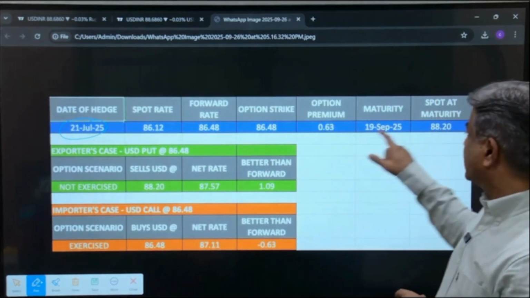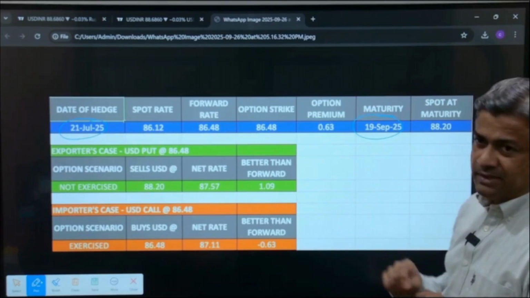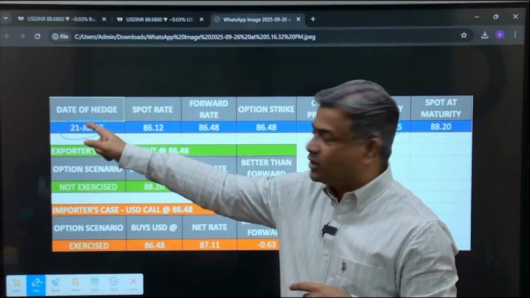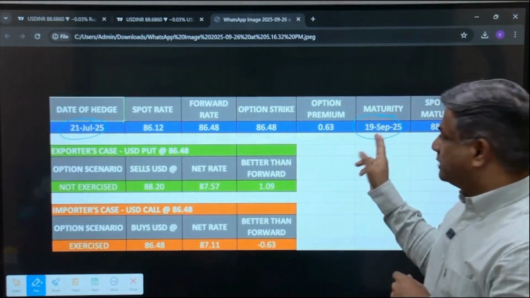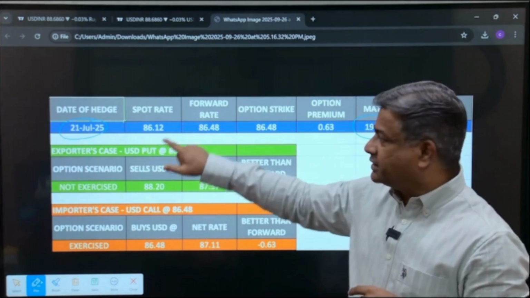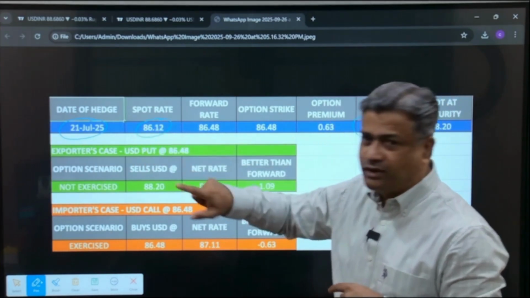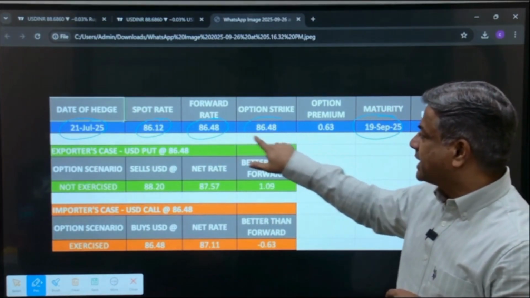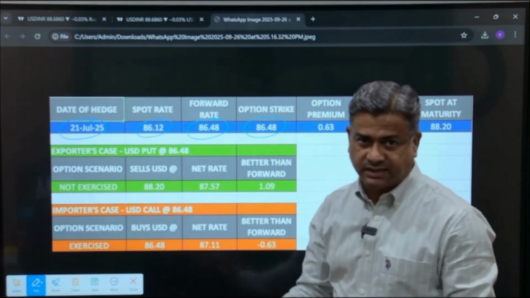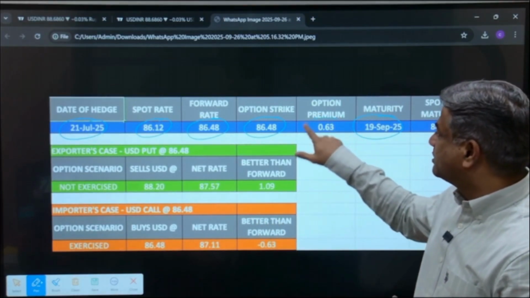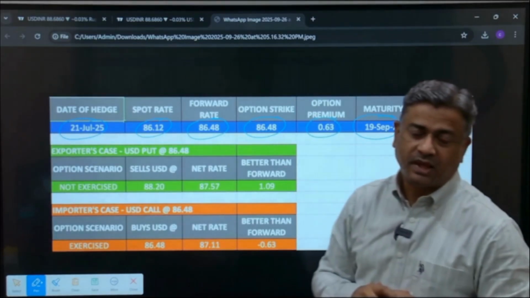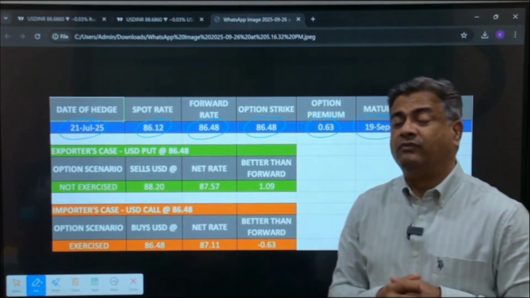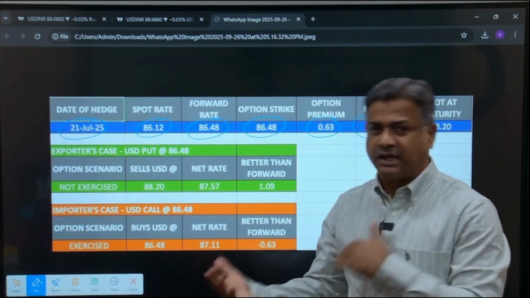Okay, so it will expire around the middle of September, July, August to September. If I did a vanilla option on 21st July for 2 months, and on 21st July the spot was around 86.12, the forward rate was 86.48, and I take an ATM strike price, which is 86.48, I have to pay an option premium of 63 paisa. I just want to evaluate what would have happened if I had done a vanilla option for both exporters and importers,